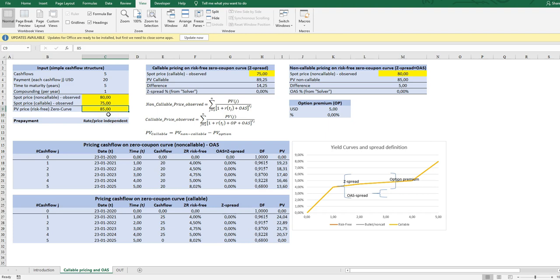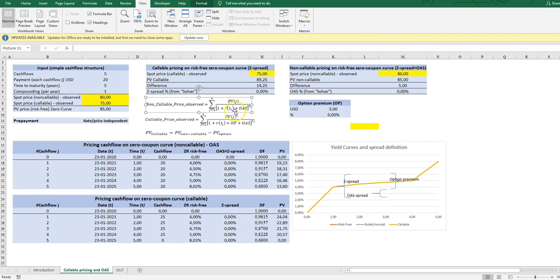But now let's start with the non-callable bond price. It's observed at 80 and the risk-free curve is priced as 85. So how much in percentage is this $5 worth? This we can find out by calculating backwards using the formula for the non-callable price. On the left hand we have the observed price, which is the sum of the discounted present values in each state,